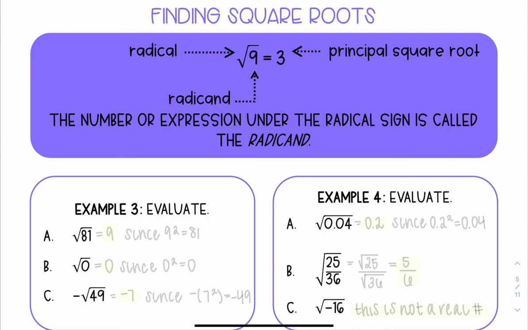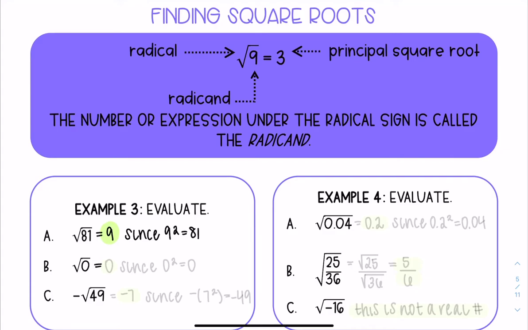So let's go ahead and evaluate the square root of 81. Well, that's going to be 9, since 9 squared equals 81. So we're looking for something so that when I square it, I get that radicand. The square root of